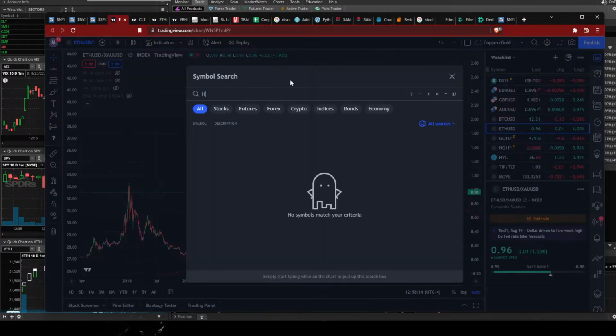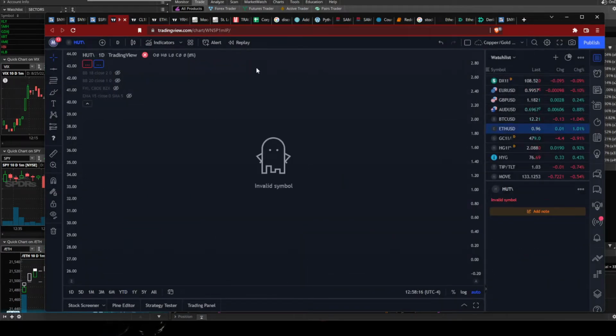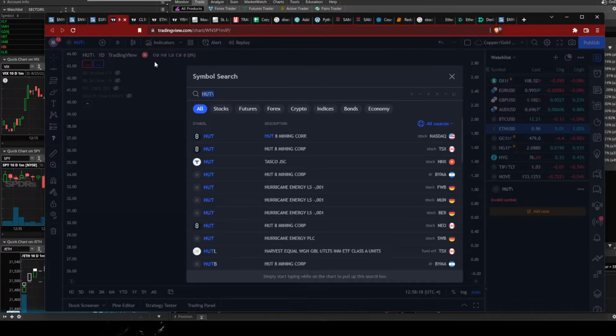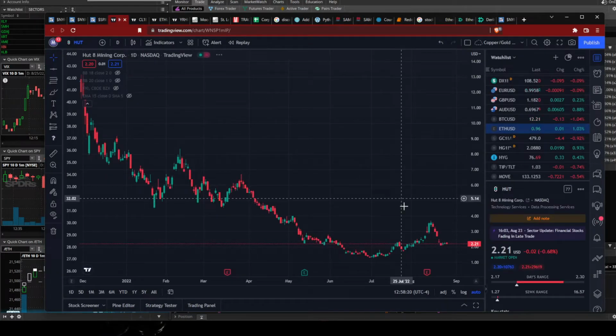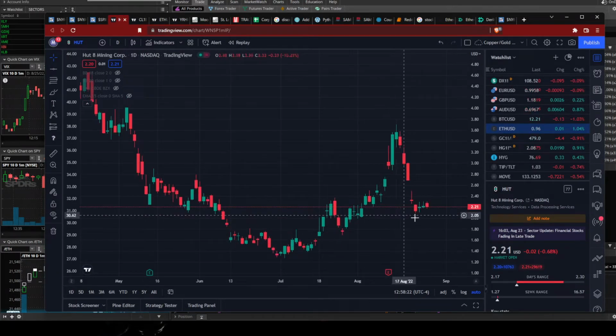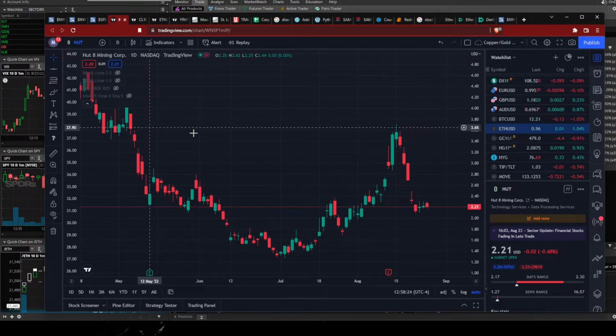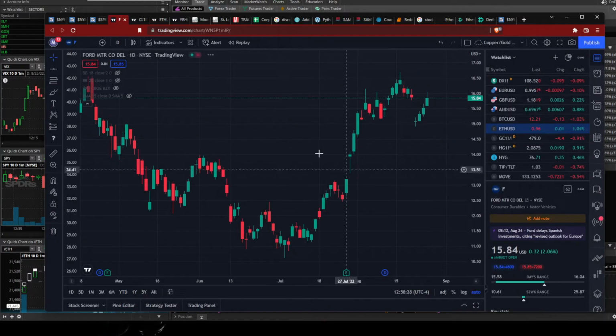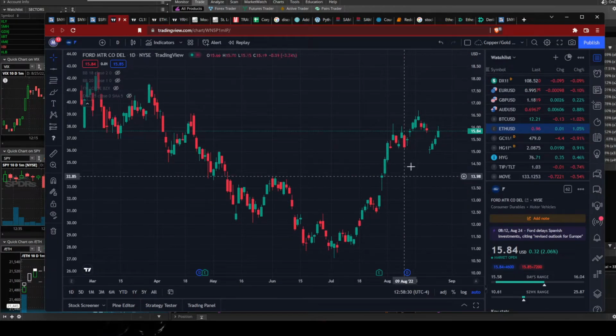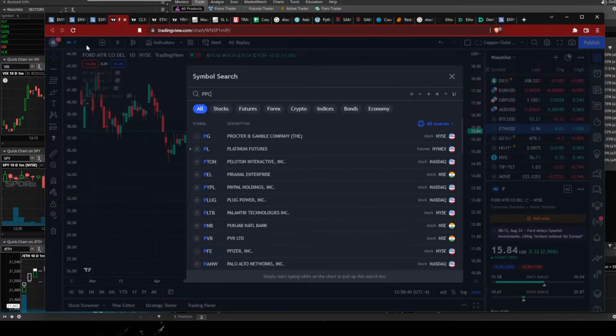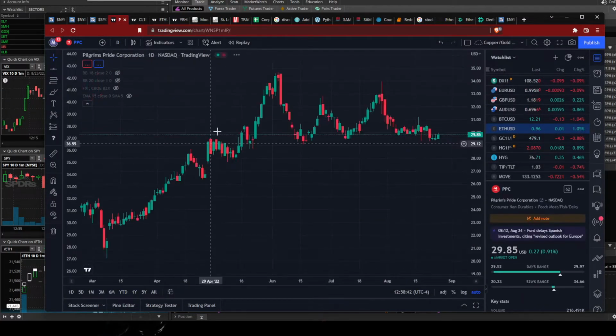HUT. I still have shares in that. I still am short the $5 strikes on the January calls. If we get to 165 or so, I'm going to load up on some more shares of that. F, which is our Ford play, 13.80. I really want 13.80 before I jump into this, okay? We shall see if we get there or not. I really hope so. PPC, it's our meat play.